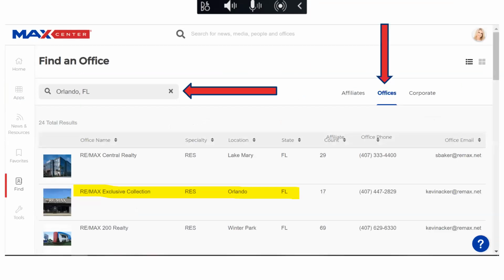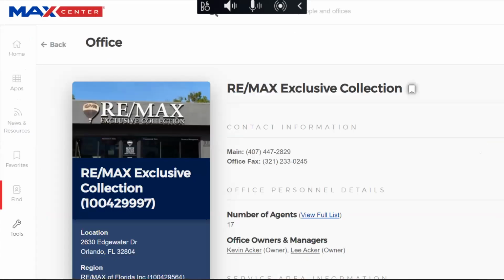When you search for a place, maybe you want to send a client of yours from the East Coast to warm, sunny California. And so you type in the referral network offices in Orlando, and you'll go down a list, and maybe in this particular example, you've chosen to look at the office Remax Exclusion Collection. And you notice that they have 17 affiliates, so you're going to look further into that, and then you will see that you can look at the full view of agents, know who the owners are, and get some more